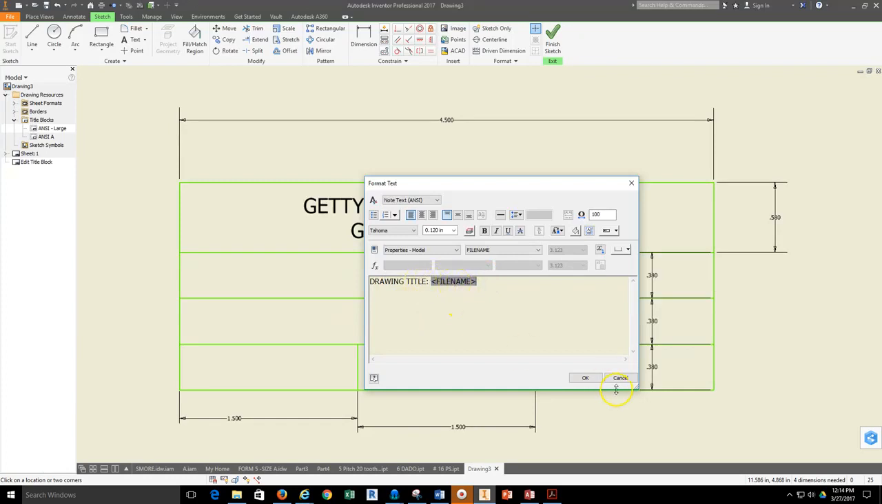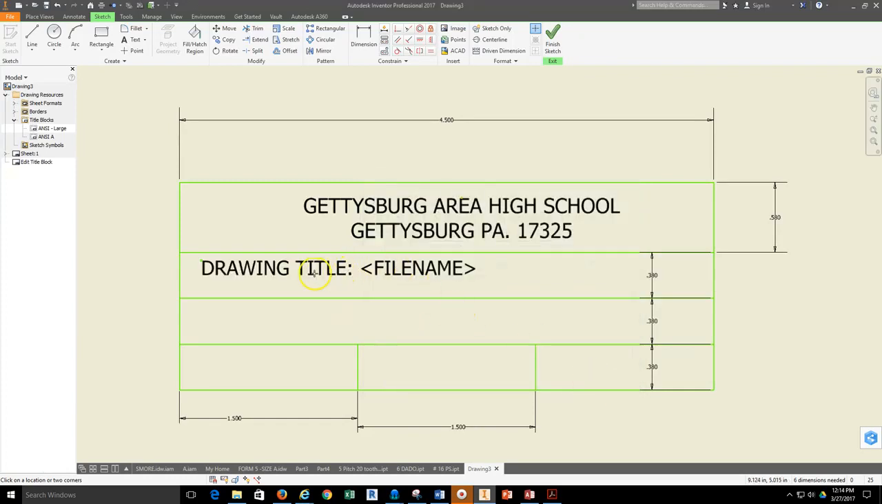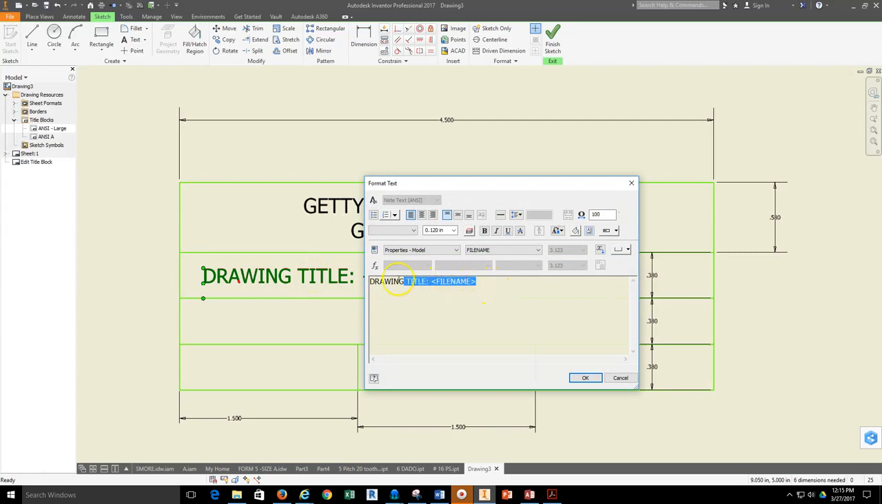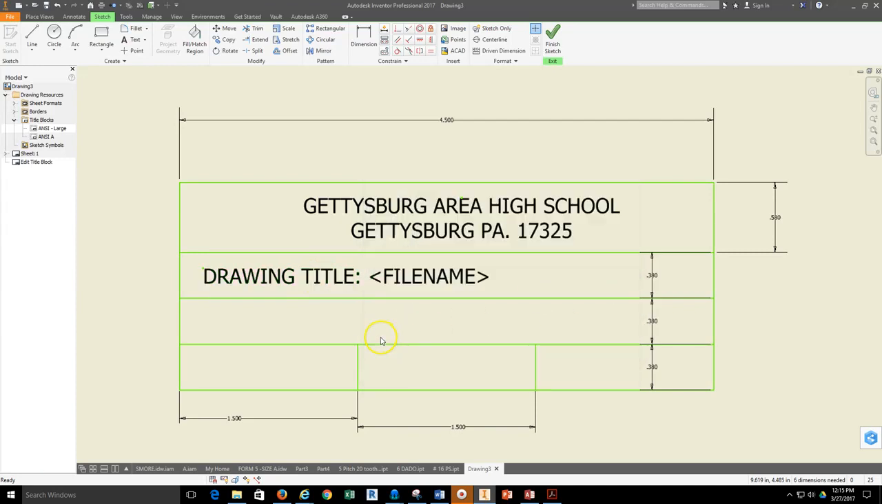And that shows up. When I hit OK, what that looks like in my edit dialog is drawing title file name. Now, what Inventor is going to do is look at the file name for whatever object is placed on that page. So I'll hit escape twice, and then I can move my text around here. And it looks like my text is the wrong size also. So I'm going to highlight everything, and then I'll change this to be 0.125